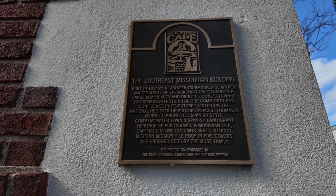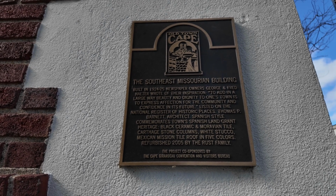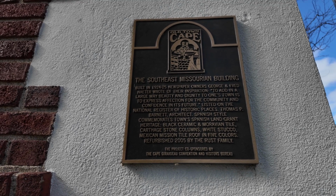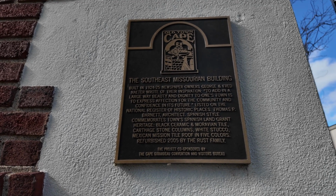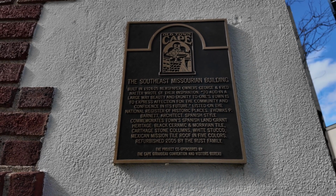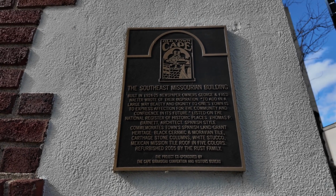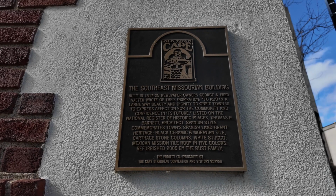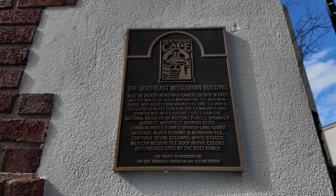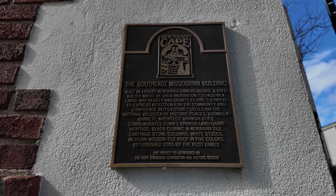Newspaper owners George and Fred Nader wrote of their inspiration to add in a large way beauty and dignity to one's town is to express affection for the community and confidence in its future. Listed on the National Register of Historic Places, Thomas P. Barnett, architect, Spanish style, commemorates town's Spanish land grant heritage. Black ceramic and Moravian tile, Carthage stone columns, white stucco, Mexican mission tile roof in 5 colors, refurbished in 2005